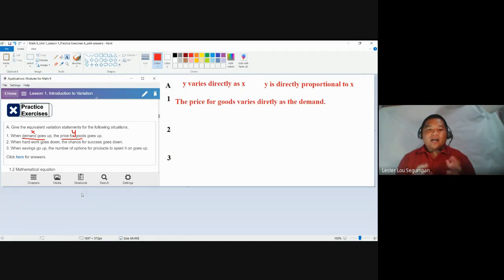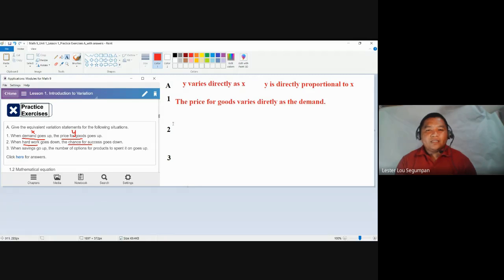The more hard work you give to your target, the more chance of success. If the amount of hard work goes down, then chances of success will also go down. If you will not read, study, practice, analyze, review your materials, of course, the chance of passing the exam will not be very good. So, it doesn't start with, ito yung chance na papasa ako. Hindi po. So, in this case, hard work is also your independent variable and your success is your dependent variable.